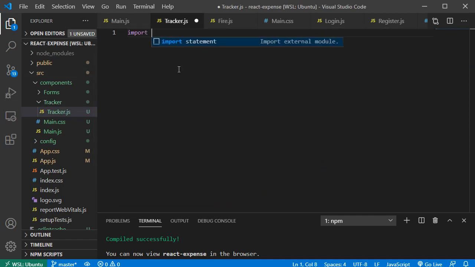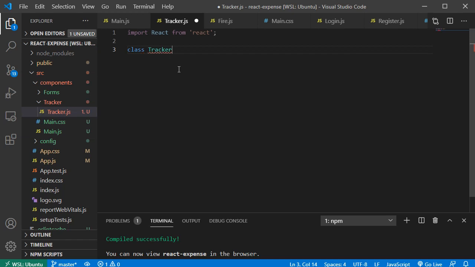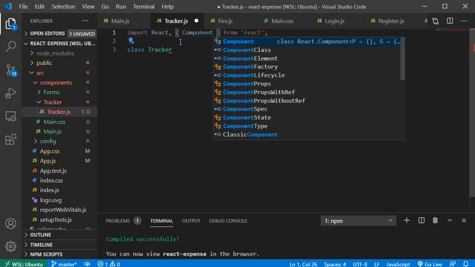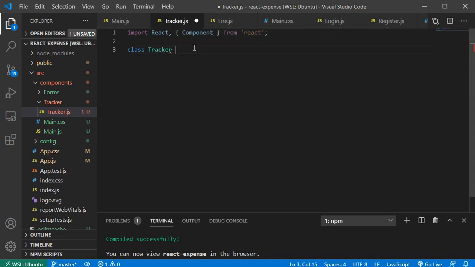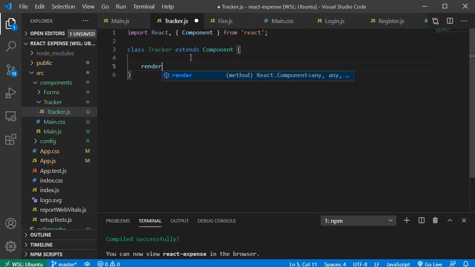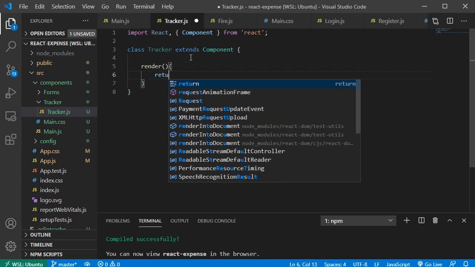Here I'm gonna import React from React, and I'm gonna have a class, and this is gonna be Tracker. Actually, I forgot to add here Component, so class Tracker extends Component, and here I'm gonna have a render function, and I'm gonna have return,